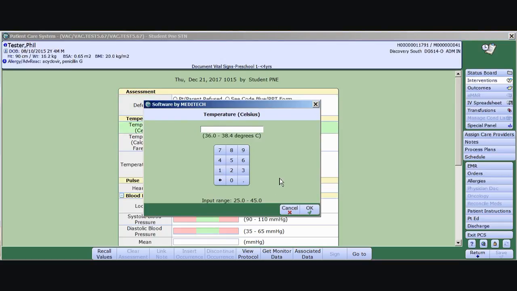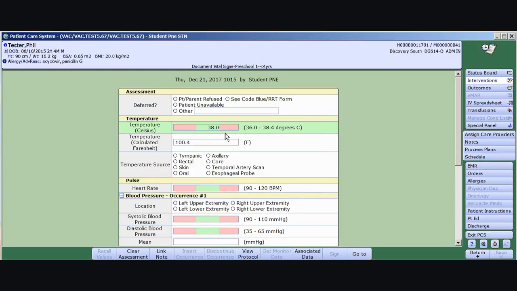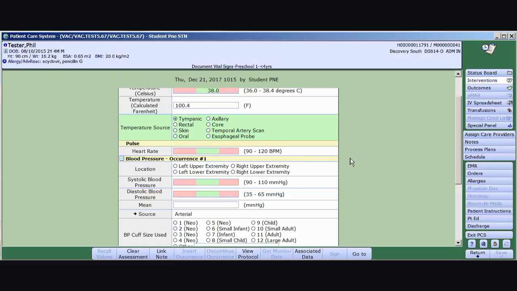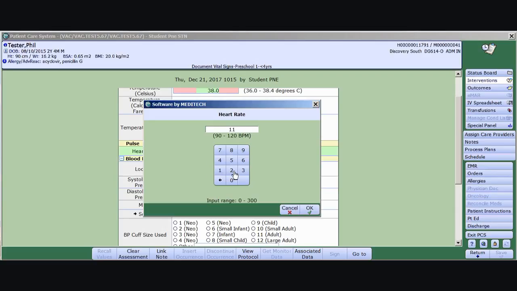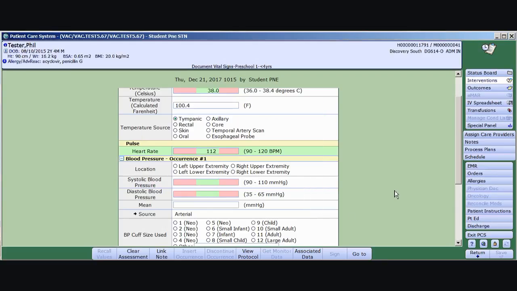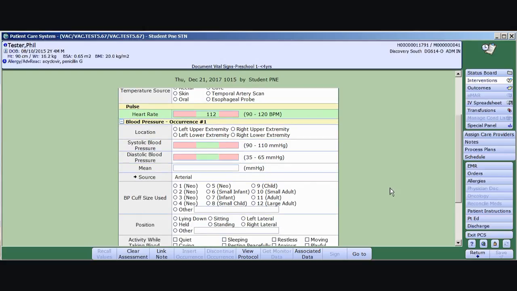The number pad comes up. You can either use your keyboard or let's say our patient's temp is right at 38. We say OK. It still falls in the green range of the reference range. It converts to a calculated Fahrenheit, and we did it by tympanic. Let's say his pulse rate was 112. So if we click in this box and put in 112 and click OK, you see that falls right in the middle. His blood pressure was